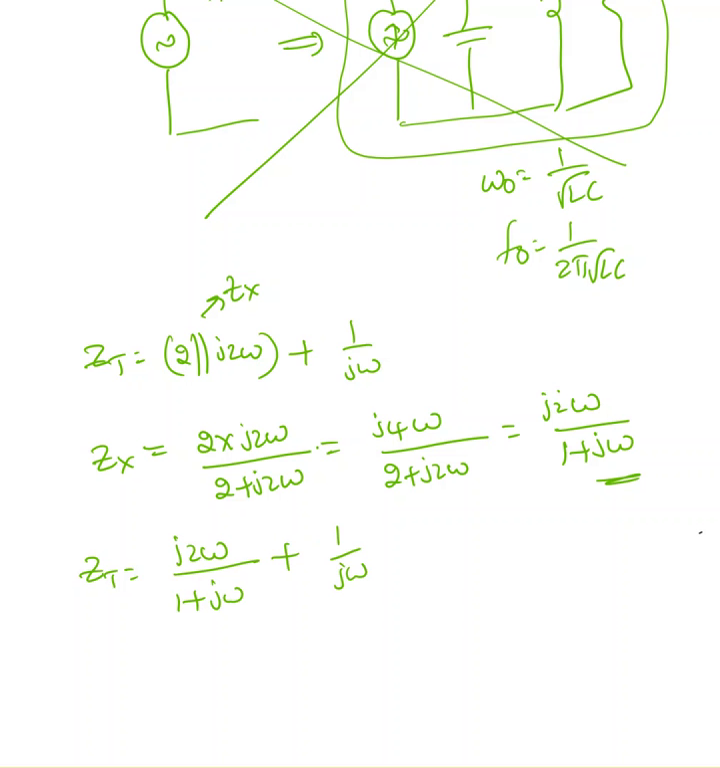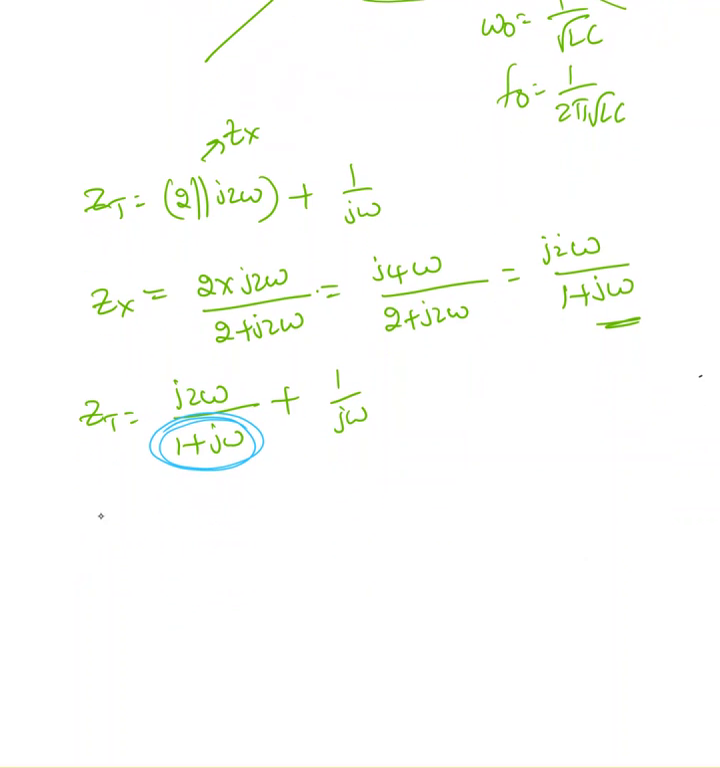Now what is the imaginary term in this? Remember, it is impossible to separate the imaginary part if you have an imaginary term in the denominator. So what we need to do is eliminate that imaginary term in the denominator. So I'm going to take the Zx, J2 omega over 1 plus J omega, and eliminate the imaginary term in the denominator. To do that, I'm going to multiply this with the complex conjugate of the